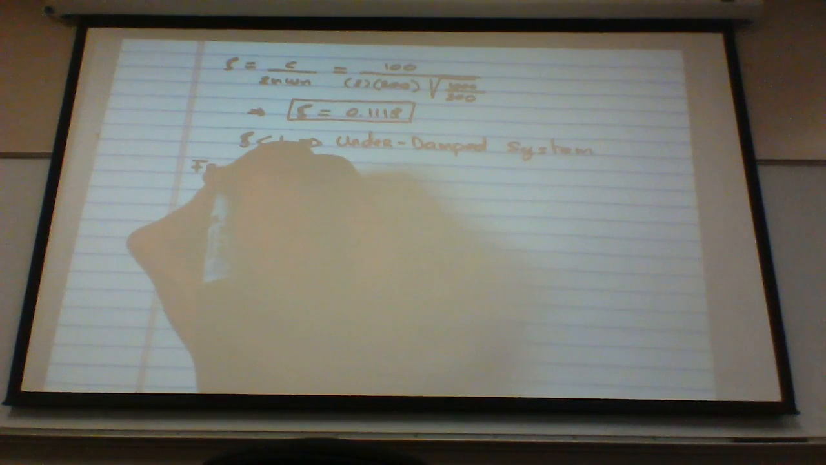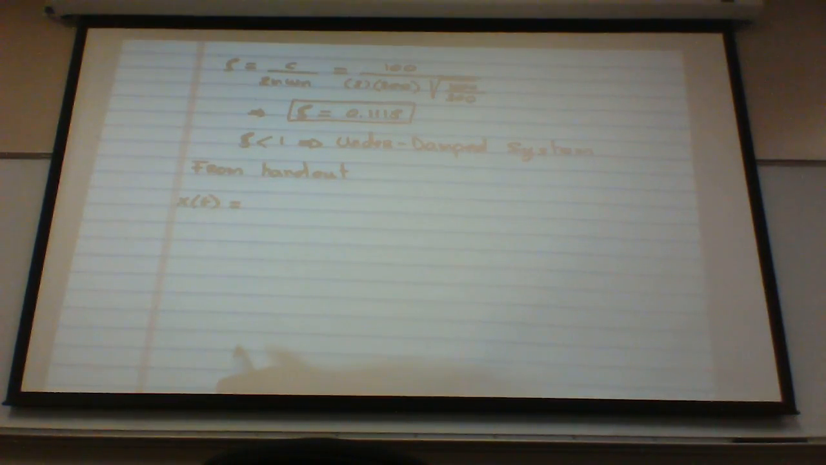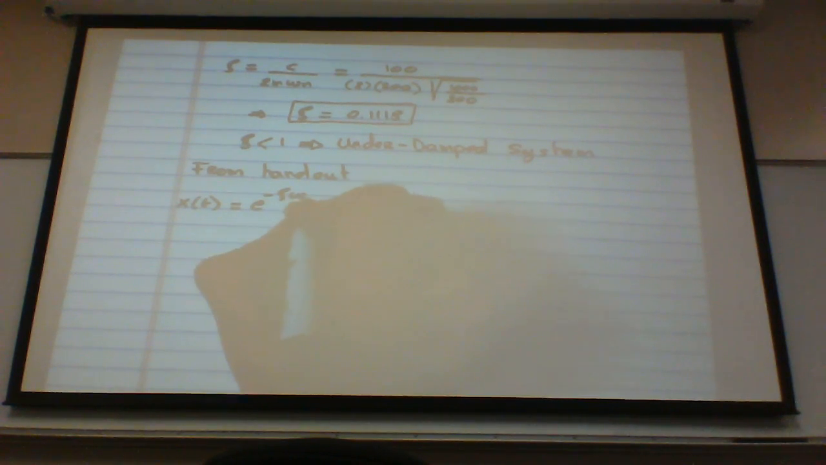So let's see, if you go to the printouts that I just gave you, instead of just redoing the whole derivation, even though we could, what should be the response for the underdamped system? From the handout, we see that x of t for the underdamped system is equal to exponential of minus the damping ratio omega sub n t, times, with the initial condition x of naught, cosine omega sub d t,